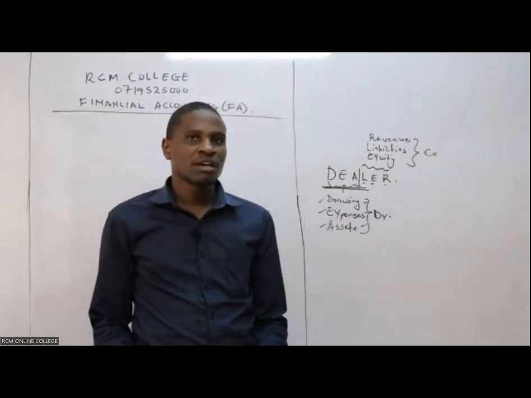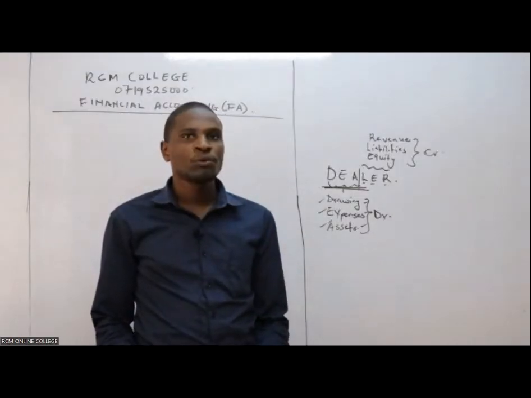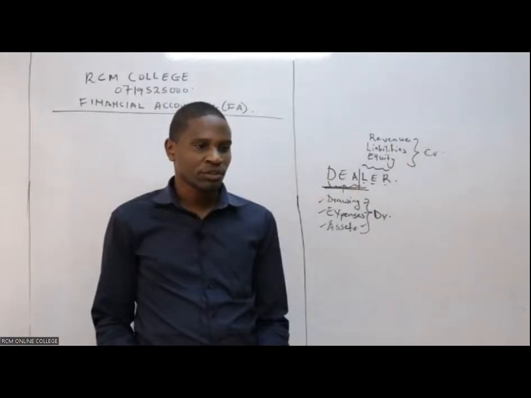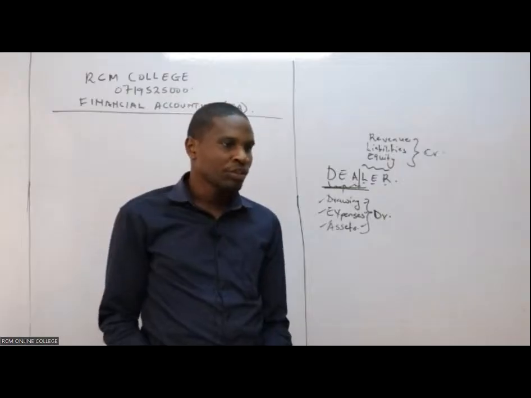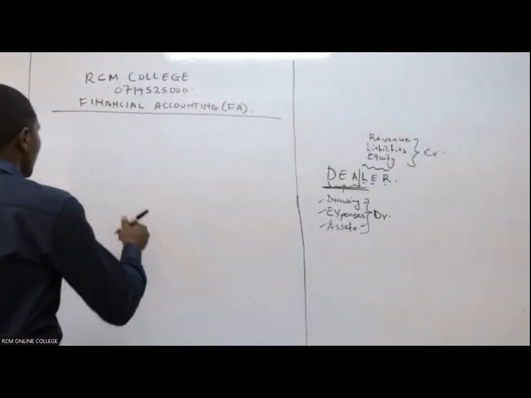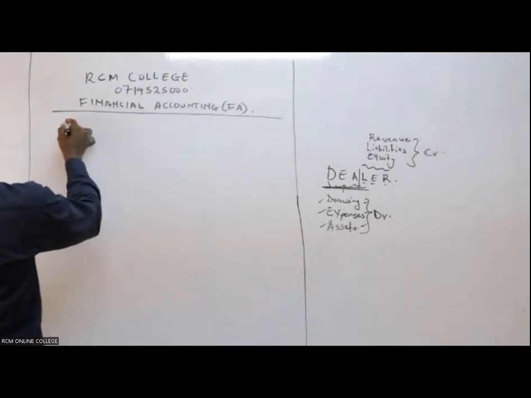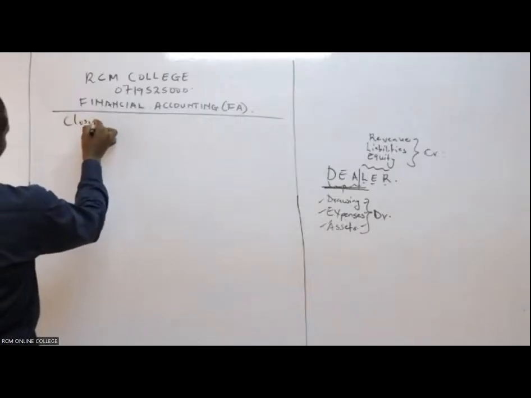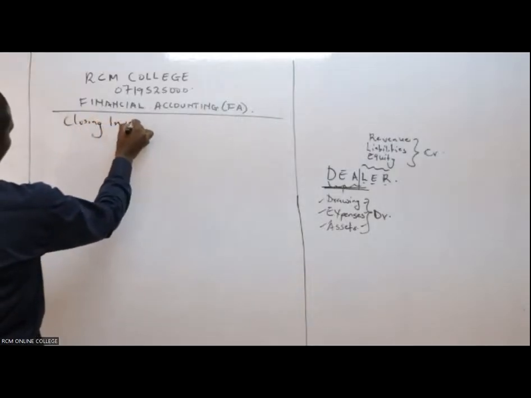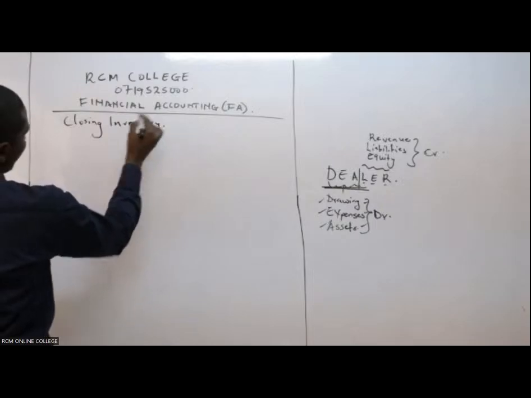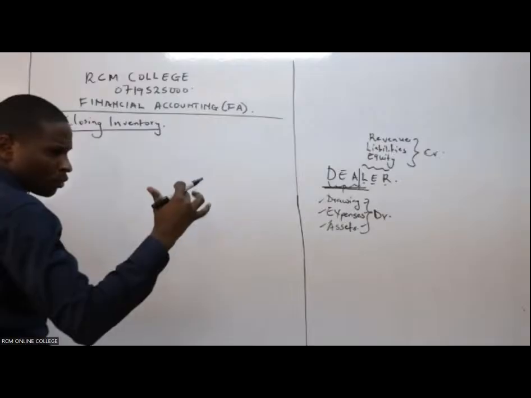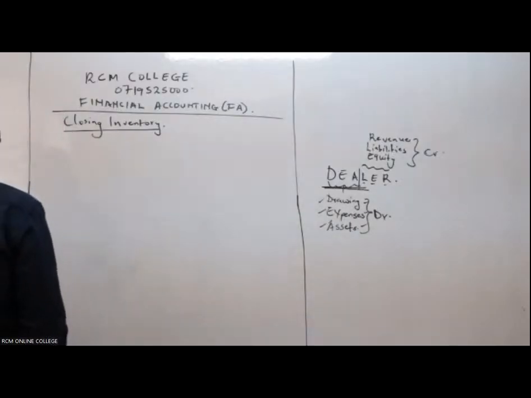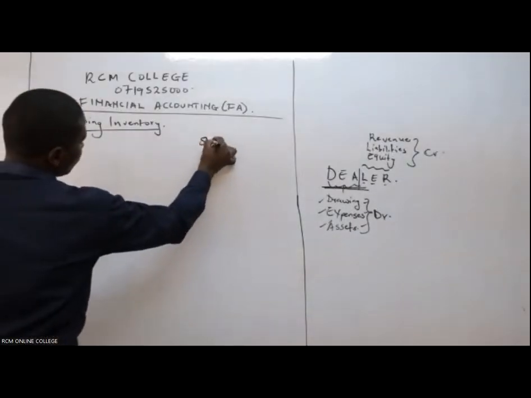The first thing that the examiner wants us to do is to compute what? The closing inventory. So in this case, how do we compute our closing inventory? I'll do it very fast here because I want us to even touch our balance sheet for the sake of those people we were with in our last class. So shillings to be in thousands here.